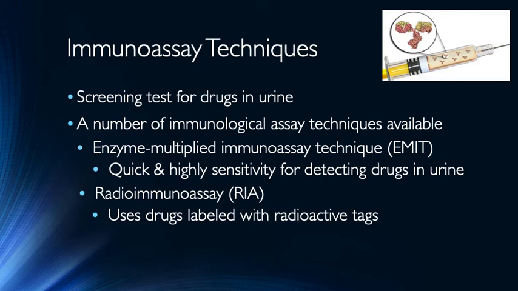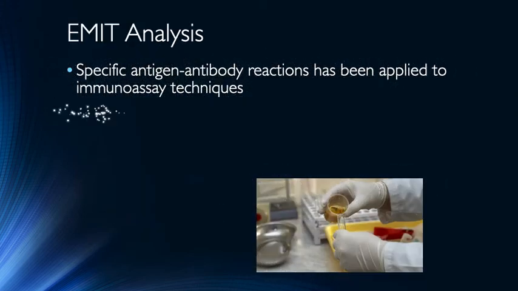And so we actually have a large number of them, but the two that we're going to focus on are, first, EMIT, the enzyme multiplied immunoassay technique. This is quick, and it's highly sensitive for detecting drugs in urine. And then the radioimmunoassay, which uses drugs labeled with a radioactive tag to indicate if it's present within the urine. So let's look at the EMIT